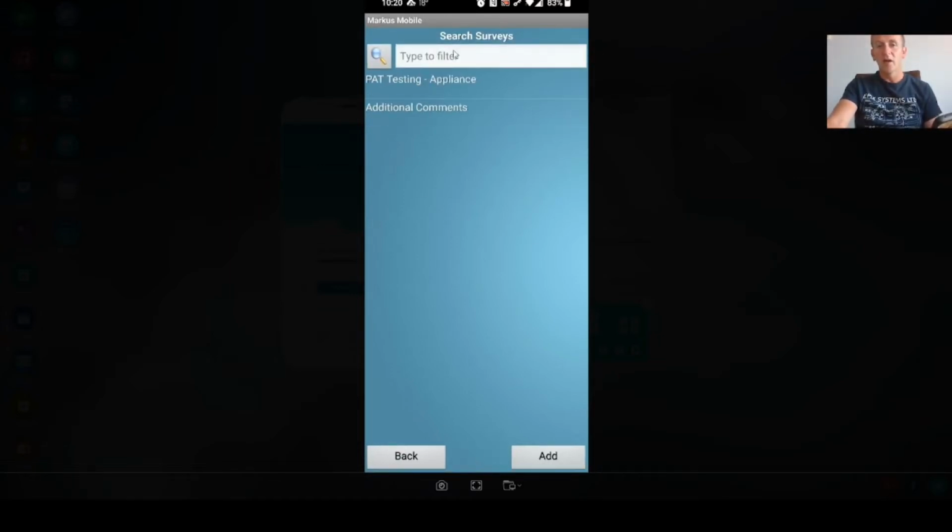Also at the bottom of this page, which is really important for certain types of surveys, pat testing being one of those, you can add in further items. So obviously we've just done a kettle appliance. If we wanted to repeat this process for say a water heater, you could do that by pressing the add button, choosing the pat testing appliance to add back in, because you're going to add another appliance to this survey, you press add,